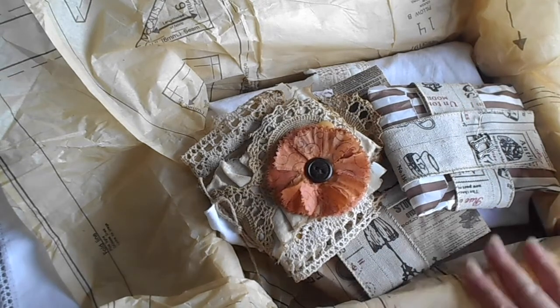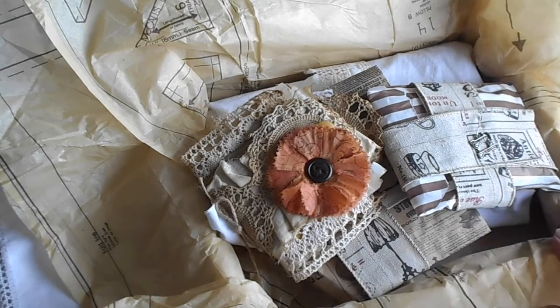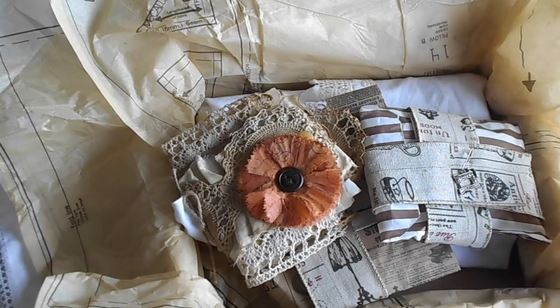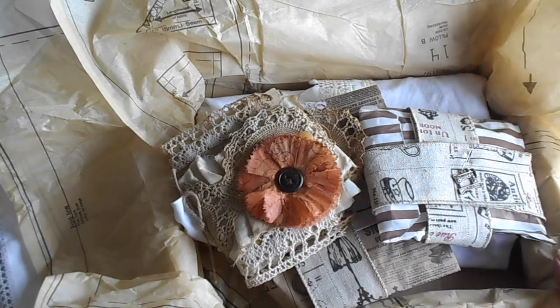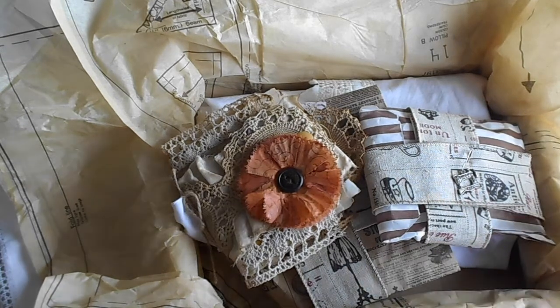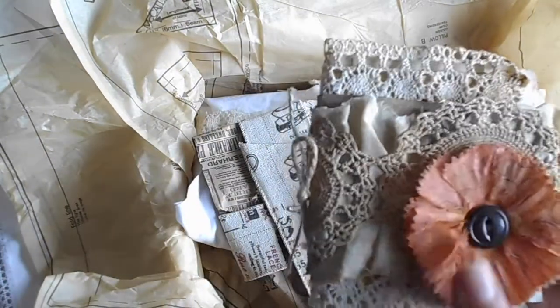Now I have opened this already because my lovely ladies at my studio so desperately wanted to have a look at this too, so I have had a peek, so I know what's in here, but I tried very hard to pack it back the way that she had it when it came, because it's so inviting and lovely the way she has displayed it. So we'll start with this little one on the top, and this is a gorgeous lace